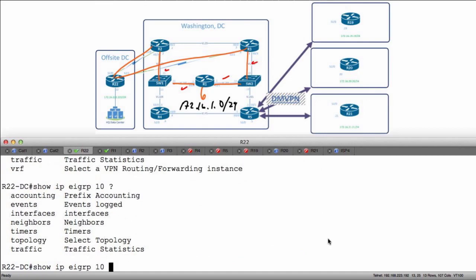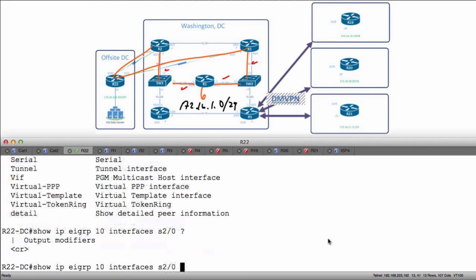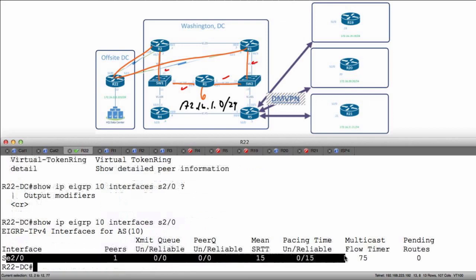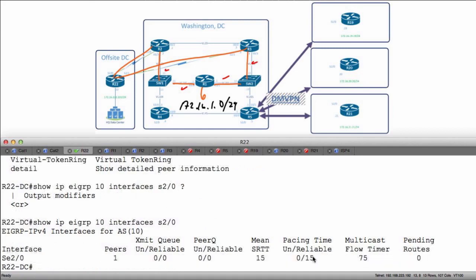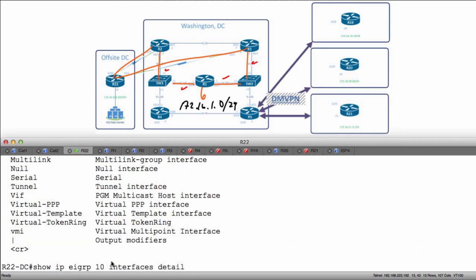Let's see, we'll say 10, interface. And I want to say interface, let's see, I'm on 22, so serial 1 or 2, 0. And what we see here is we have the information associated with things like our pacing time, the mean smooth round trip time. We see the number of peers that we have on this interface. And we see some other elements, but we don't see a tremendous amount of stuff to give us a lot of concern. What I want to do is I'm going to say detail, and what I want to execute here is show